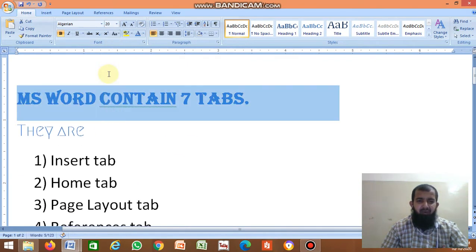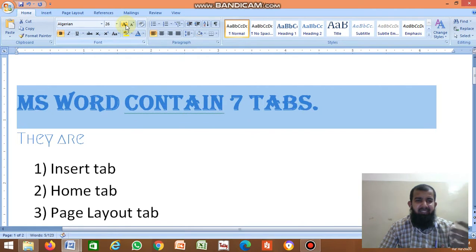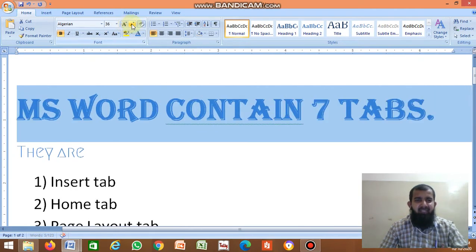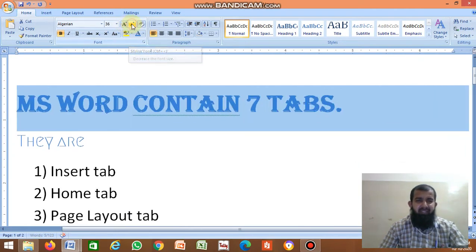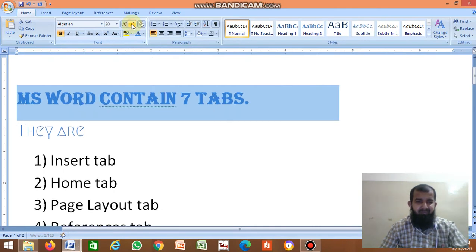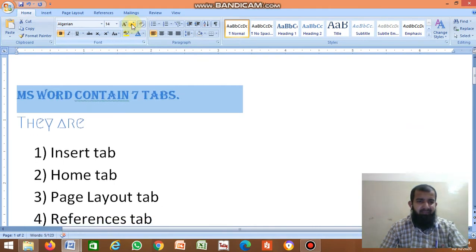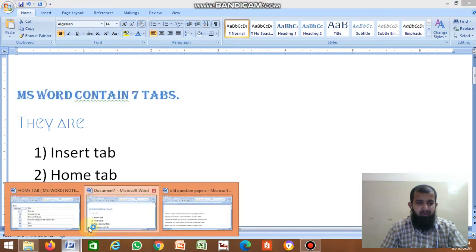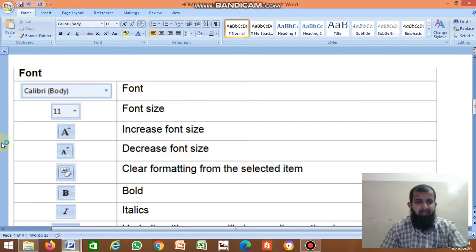Next, this one also, grow font. You can increase the size one step at a time. Then this one, shrink font, decreases the font, like this. Clear, no? This one increases the font size and this one decreases the font size.